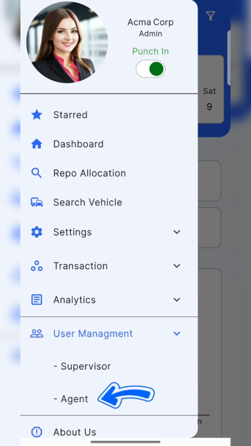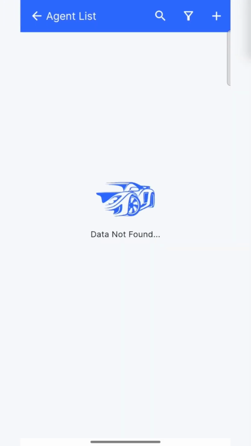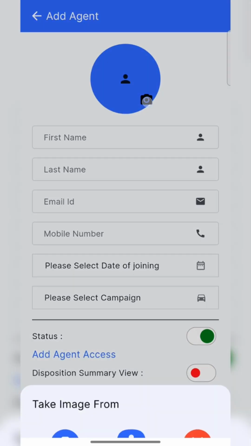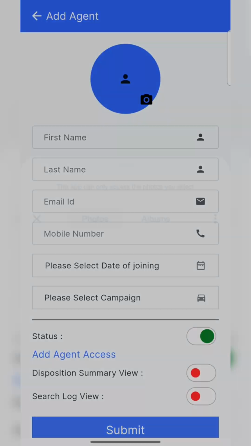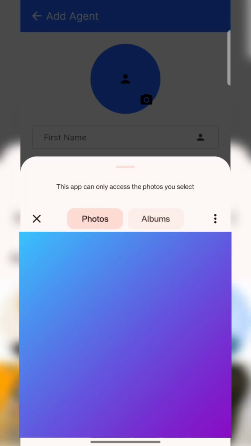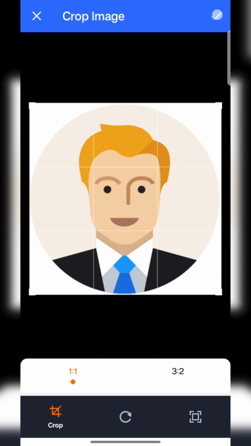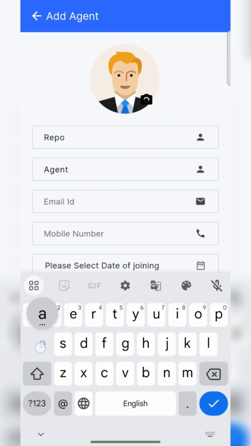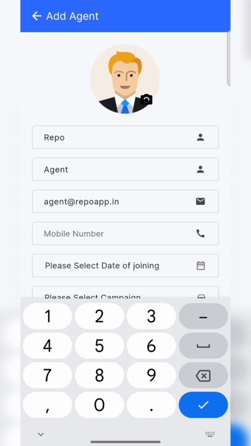Then click on Agents. Next, click on the plus icon located in the corner. Fill in all the necessary details of the agent, including profile photo, first name, last name, email ID,